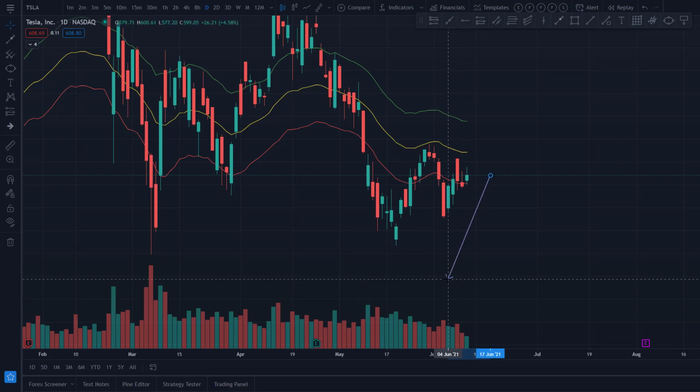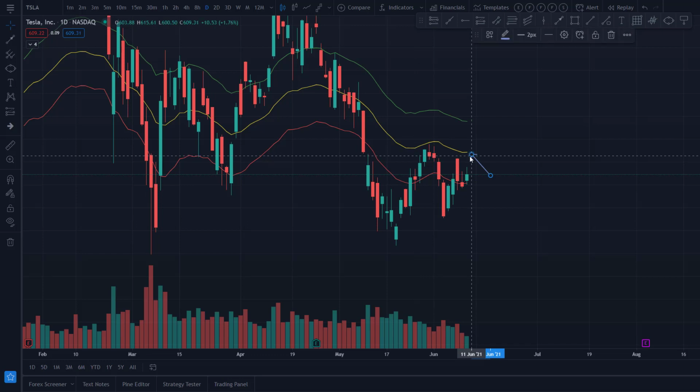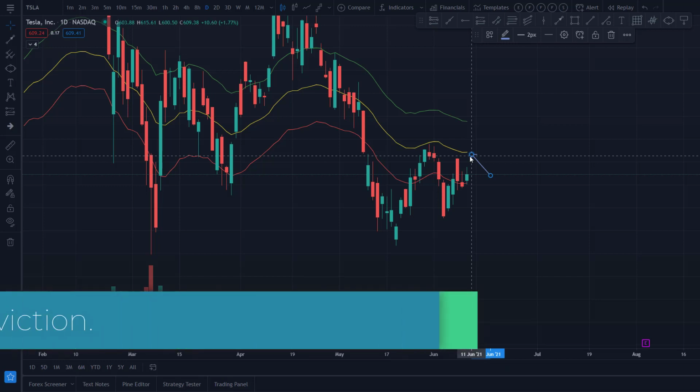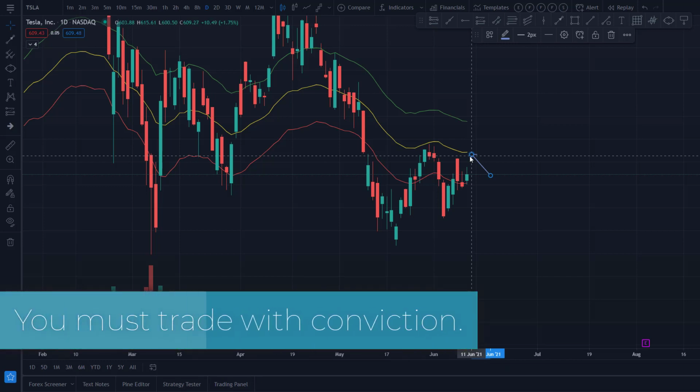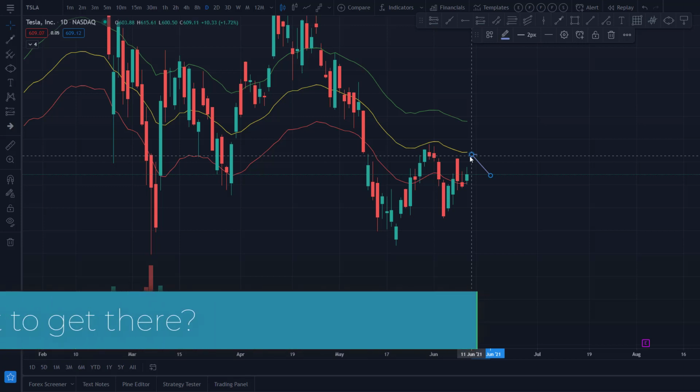I have various rules on this. There's a gap here, and that gap held up. That actually is a positive in my trade system: the fact that this gap wasn't tested means this will continue, based on my trade system. Like I said, I have various rules that I've adopted, that I've tested, that I trade around, and that I believe in. So that's the other thing. These are convictions.